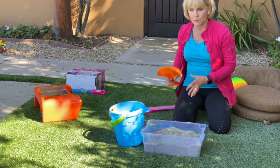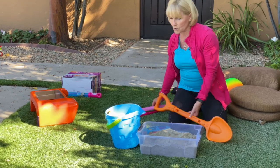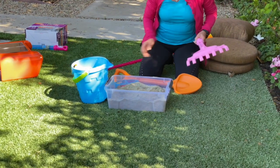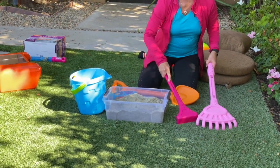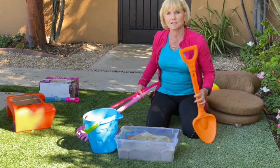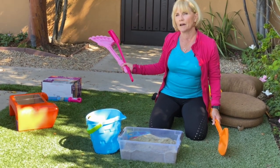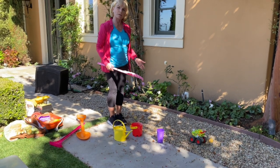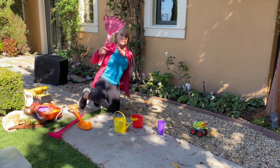So with that too, then we have some tools that are fun. You can use shovels, you can use rakes to rake the leaves on the grass, etc., or our common little hoe. Perfect. One of the things that my grandson loves to do when it comes to Gigi's house is to use his garden tools over in the rocks. So whether your child just has sitting balance or high kneeling balance or can stand, these are activities where you